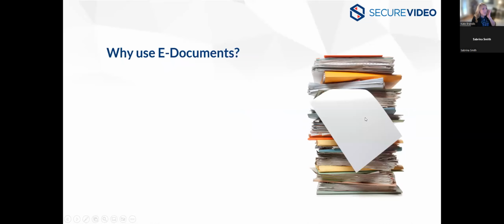Continuing on, we're going to talk a little bit about why using the eDocuments feature is going to be beneficial for you. So if you're not already using the feature, some things to keep in mind, 3 major points here. One is an improved patient experience. So we all want our participants or our clients, patients, to have the best possible experience with telehealth. I know that's why many of you use Secure Video in the first place. It's an easy to use platform, and it gives your patients or your clients a really good experience